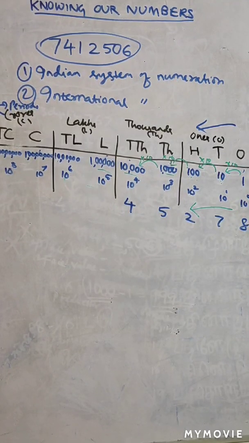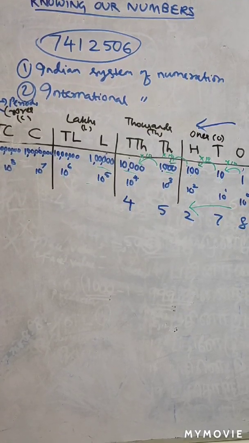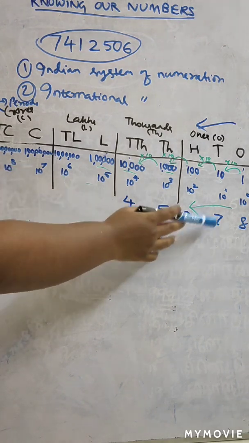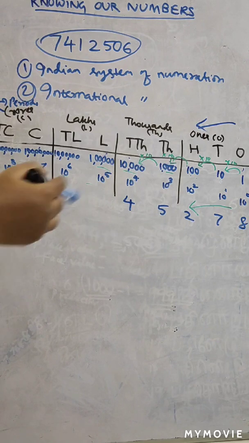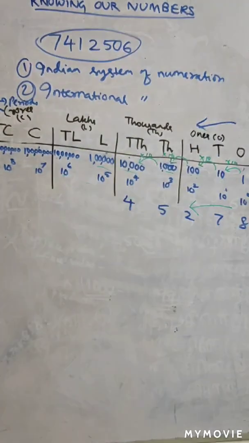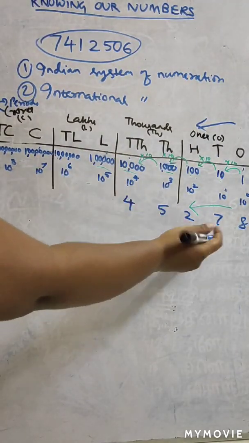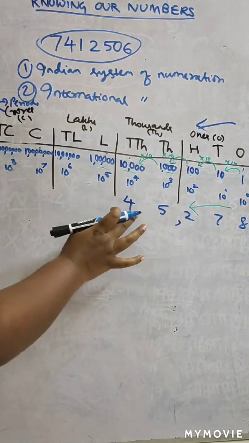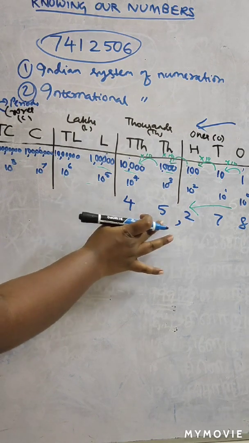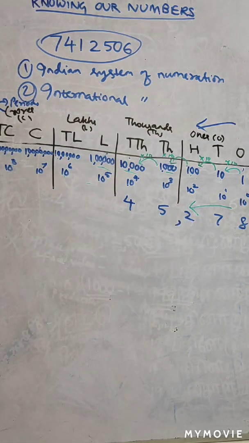Now we will learn two new terms, the standard form of a number and the expanded form of a number. Here I have taken one number, 45278. This is the standard form of a number. I have placed it in the place value chart as per the position of the digits. I will put commas as per the Indian system of numeration, so 3 places and then 2. If I see in the place value chart, I can read it as 45,278. This demarcation is in terms of the Indian system of numeration.